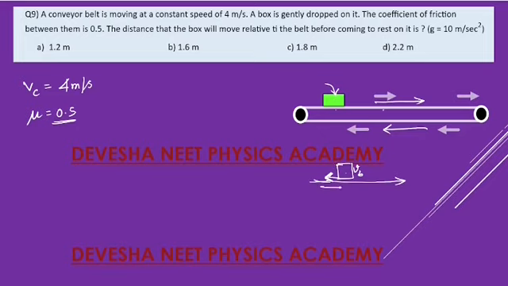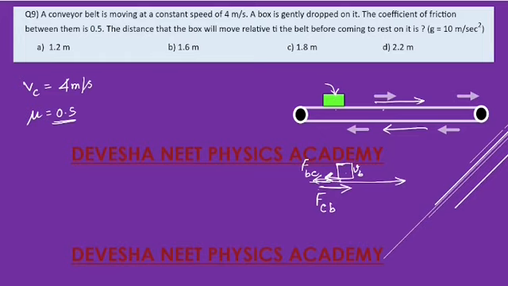Now what will happen is there will be friction by the belt on the block, which will act in this direction. Okay, so I can write that friction by the conveyor belt on the block. I'm writing CB. Similarly, the block will also exert some friction, or reaction, on the belt, and I can say that this is the direction, F by the block on the conveyor belt, in this direction. Okay. So nevertheless, what will happen is that because of this friction, eventually the block will